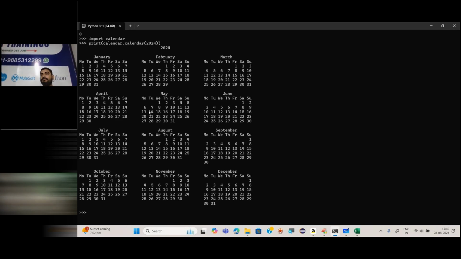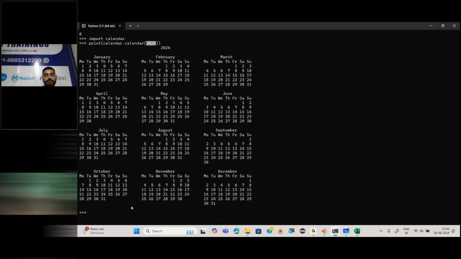Did I write this code? Did I write any code to make this? How are we getting this calendar? Someone has already created it, and this calendar is a built-in module in our Python software. The only thing we have to do is call this particular module, and with the help of this module we are using the classes, variables or functions to use the calendar. Are you getting it? Similarly, I'll give you one more example.